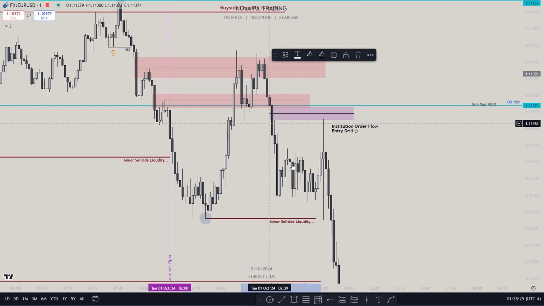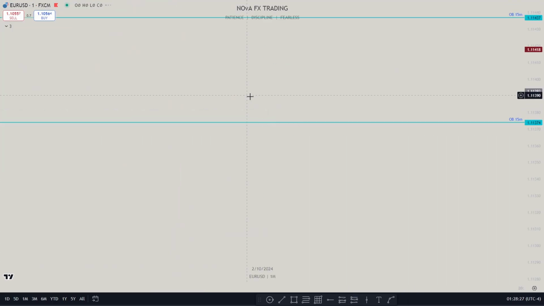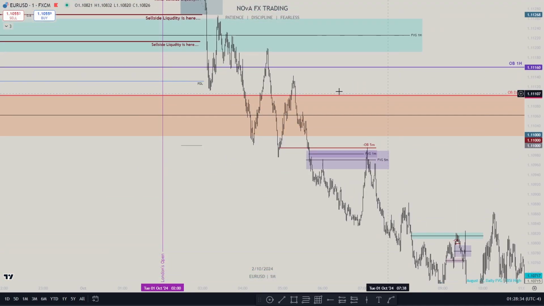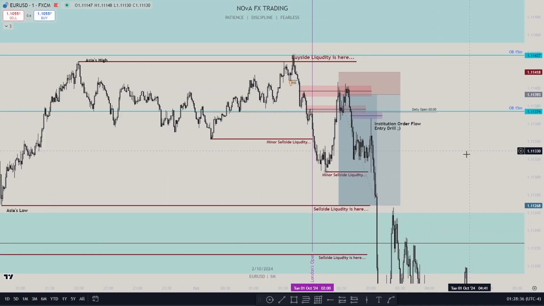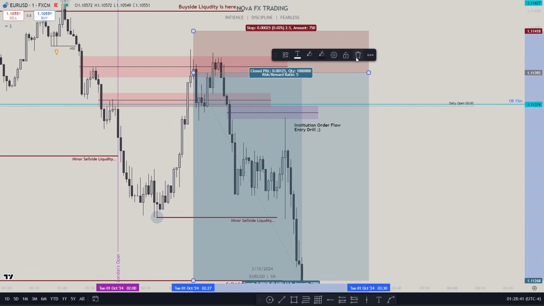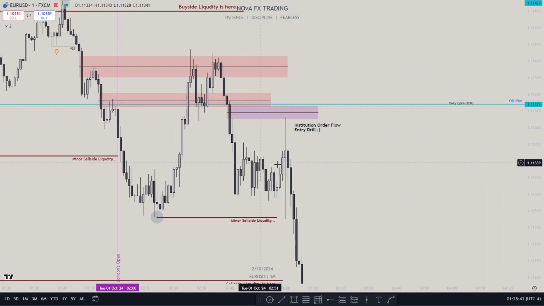Oops, just deleted that. Oh, TradingView is giving me some network problems, it seems. Some sort of glitch, I guess. I don't know. Anyway, so I did some consolidation here